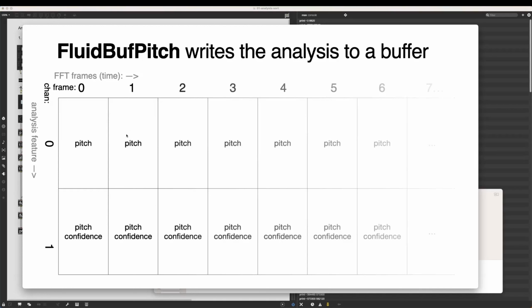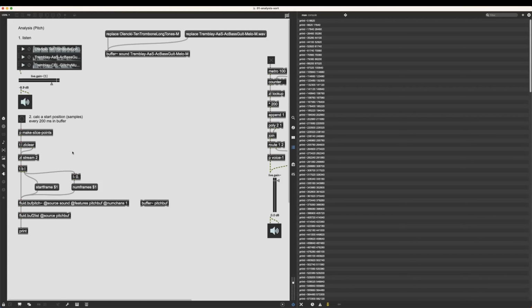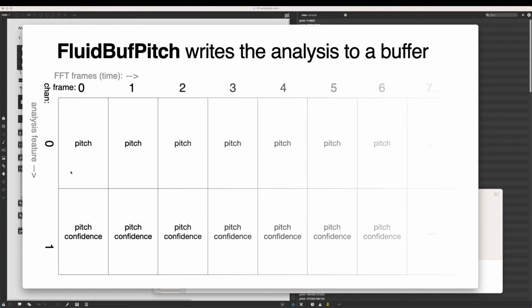And then each frame in this buffer is going to be the pitch estimation for each FFT frame that is in the section of the buffer source, the sound buffer that we analyzed. So if our 200 milliseconds, our 8,820 samples, contains, if there's a hop size of 512, that would be maybe like, what would that be? 10, maybe 13, 15 different FFT frames. In that 200 milliseconds, if we have 15 FFT frames, we'll end up with a buffer that has 15 frames